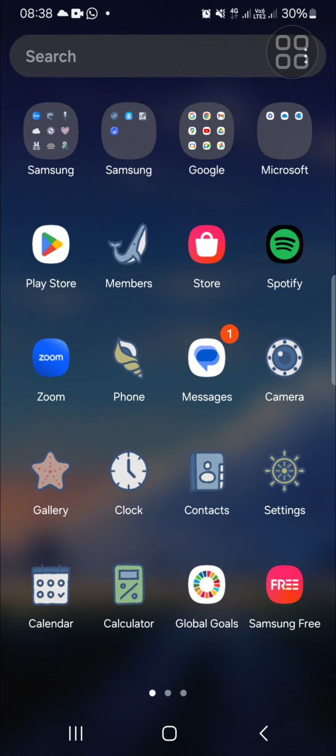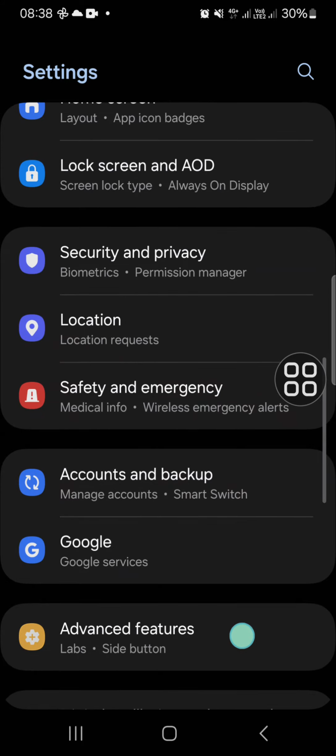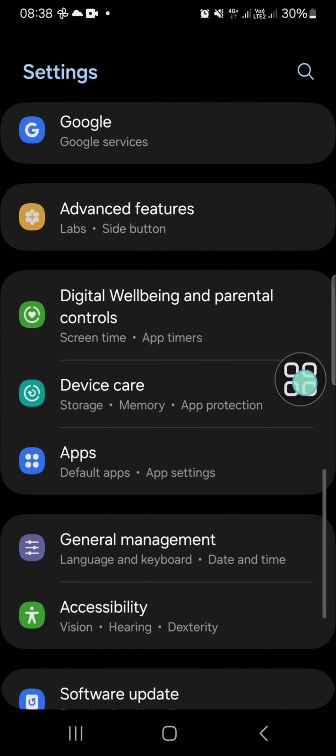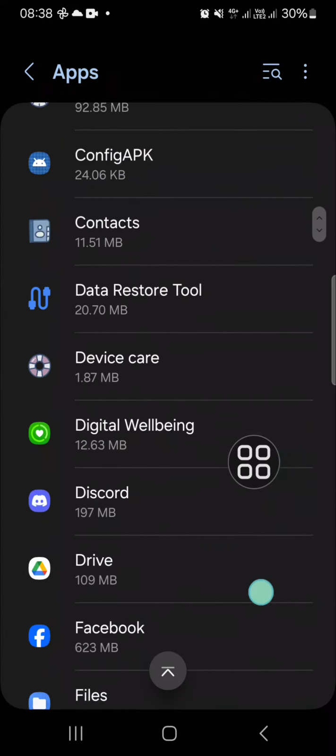Here I have opened my Android mobile phone, and if you want to turn off Google Maps notification, you can go to your settings first on your Android mobile phone. This is my settings and I'm going to open it, and we're going to go to the apps setting or app manager. This is my app setting and I'm going to open it, and we have to go to the